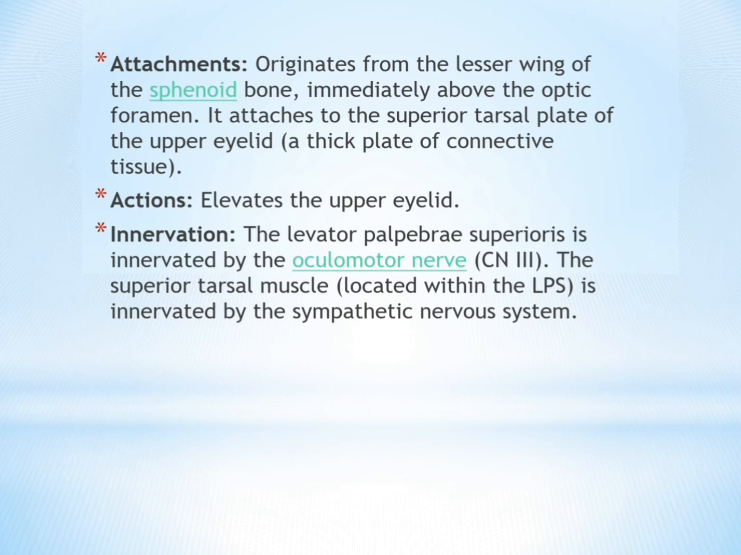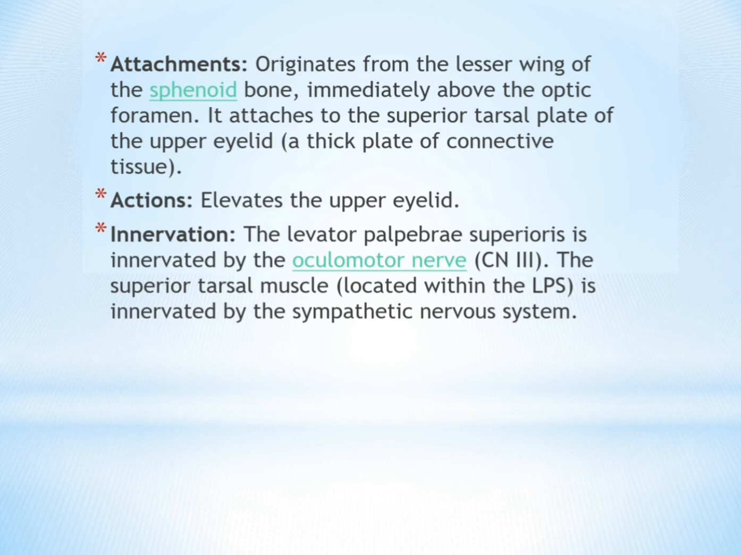Attachments of Levator Palpebrae Superioris. Originates from the lesser wing of the sphenoid bone, immediately above the optic foramen. It attaches to the superior tarsal plate of the upper eyelid, a thick plate of connective tissue. Actions are to elevate the upper eyelid, and innervation is by